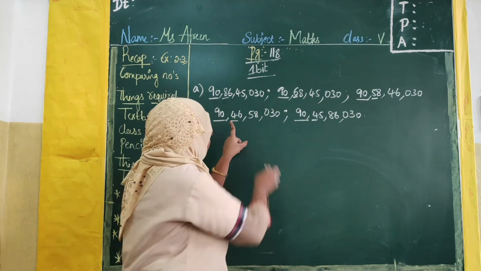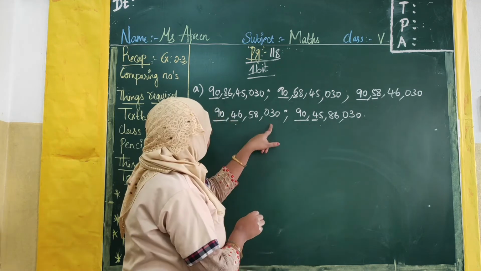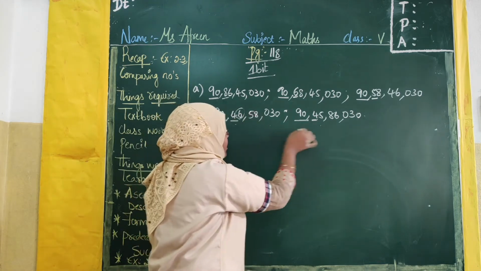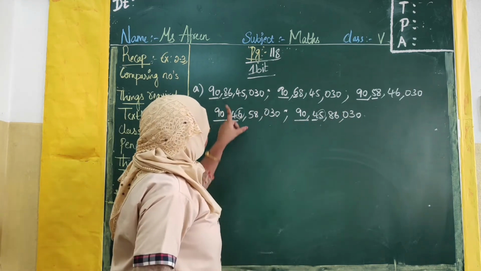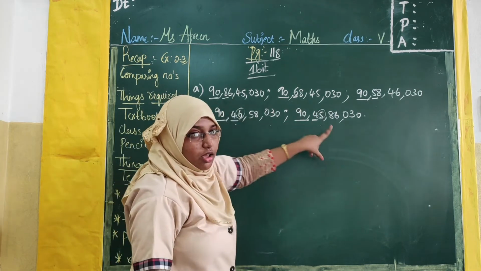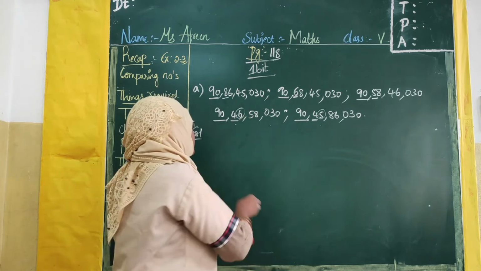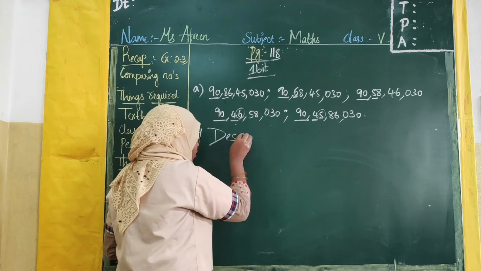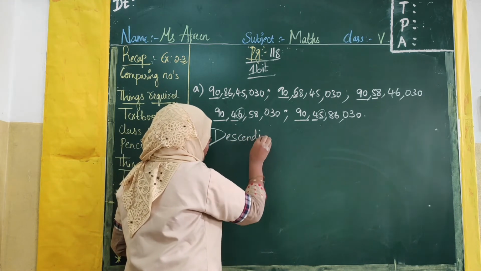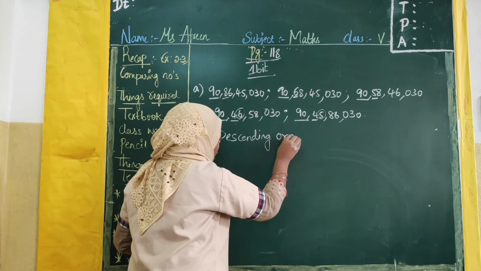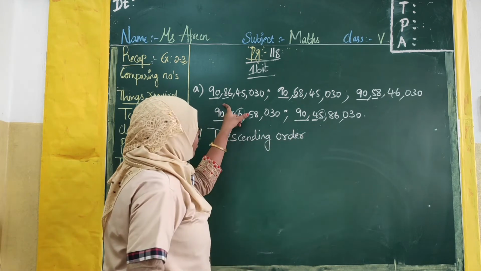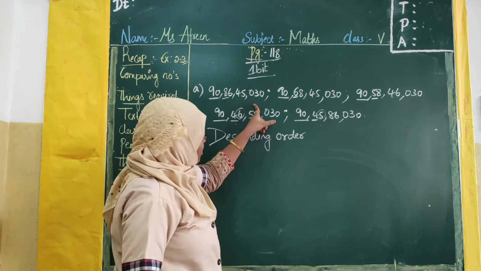Now here the next is 4, here also 4. We will go with the next. So here it is 6 and here it is 5. So it is written from the greatest to the smallest, that is biggest to the smallest. So it is in which order? Yes, it is in descending order. So 90 crores, 86 lakh, 45,030